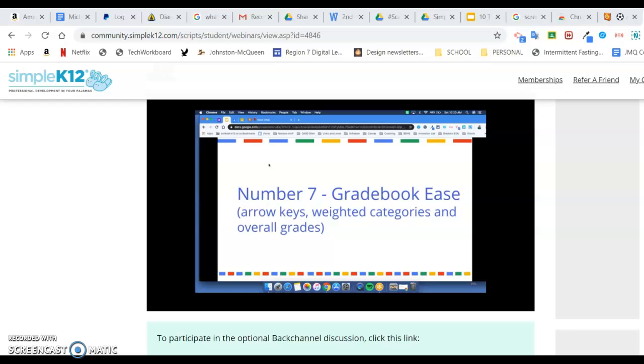Let's move on to tip number 7. And that is using the gradebook. There's a lot of things about the gradebook that many people don't know you can do. So, the gradebook in Google Classroom, it's really fairly easy to use, and it's pretty simplistic in its nature. There are just these few things, though, that I want to show you that help with being efficient and just